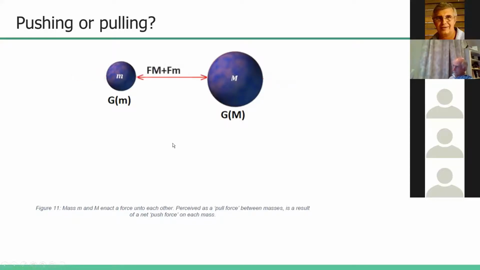If we took that force and we added it in the middle in our rope scenario, we would have what we understand as gravity. But how would we know the difference? If every atom in this mass is being pushed towards that mass, how will you know whether you are pushing or pulling? You wouldn't.